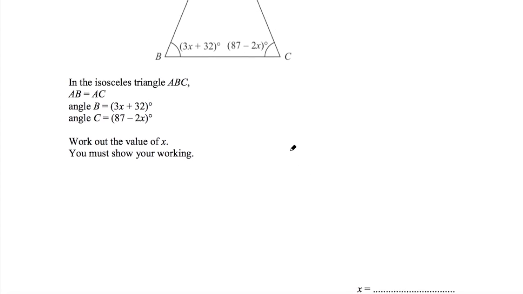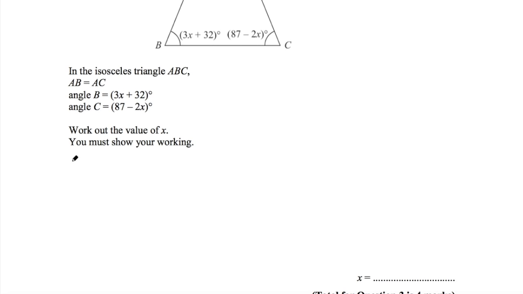So we can say that because the base angles are equal, 3x plus 32 equals 87 minus 2x. Okay, and now we just need to solve this for x. So we could bring this minus 2x over to the left hand side. So add it